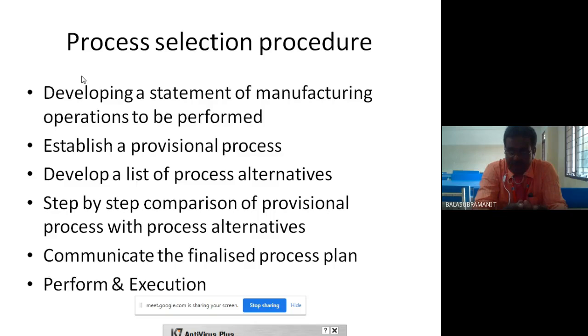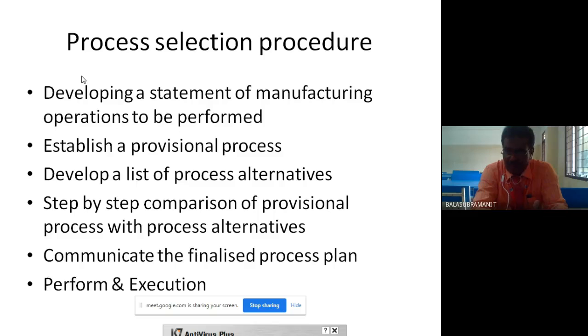Basically, to make a fully automatic washing machine, operations should be performed. What types of operations are needed? First, pouring the cloth, then cloth washing, and after that the dryer, finishing the washing process. This is the operations sequence. First of all, you study the availability of the process. Which kind of operation or process should be adopted in washing machines? It is a provisional, existing method.